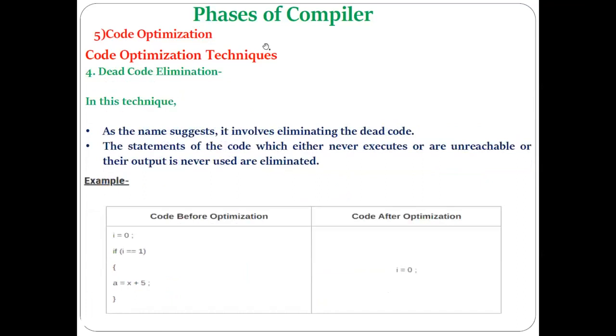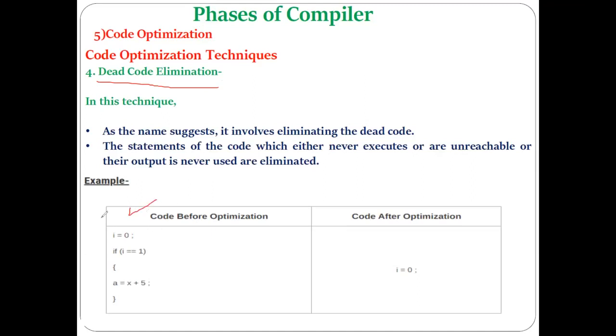Fourth important technique is dead code elimination. This is also an important optimization. Now optimization has to be done by the compiler because of some mistakes that might happen from the programmer in the arrangement of the code. Okay. So let's see the example first, and then we'll see the theory.